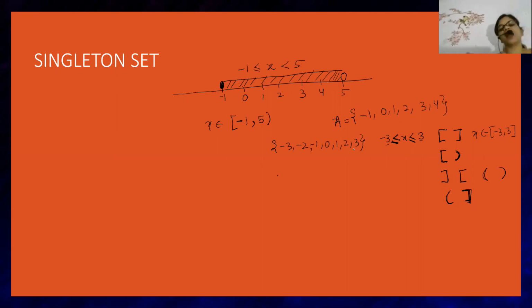That means x can be either of -3, -2, -1, 0, 1, 2, 3. Okay, so x can be either of these elements. I repeat, x can be either of these elements. Now here beta, that's why it is written as all closed. Then how to represent it in a graph? So exactly -3 will be here, then -2, -1, 0, 1, 2, 3.